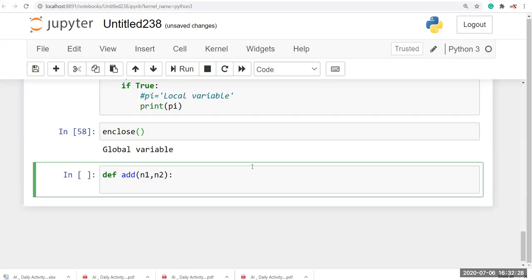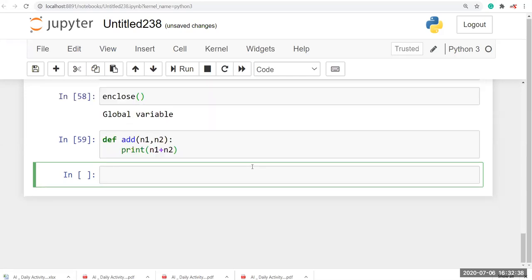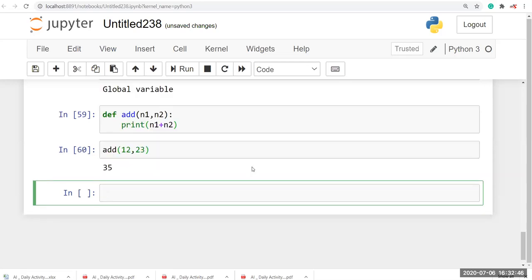After that, I'm going to add n1 plus n2. I'm going to run this. Now I call my function add, and here I'm going to pass 12 comma 23, and it prints the output. No problem in here.